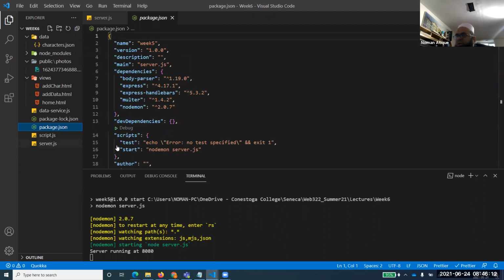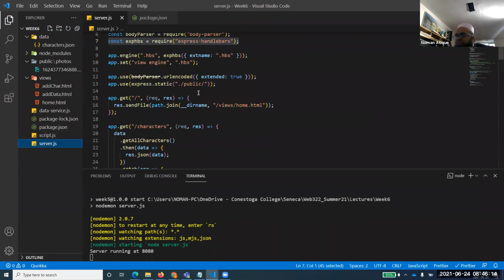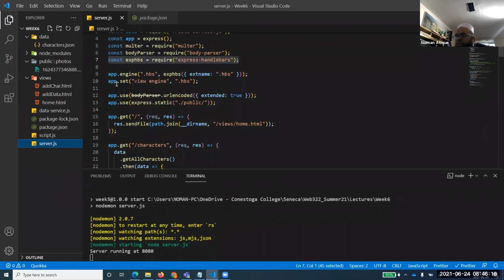So that is also there. And what we have done is that we need to provide this dot engine and dot set view engine. So we are setting up a view engine, so that the file we'll be opening will be an HBS file. So we'll be talking about the HBS files here, by the way.